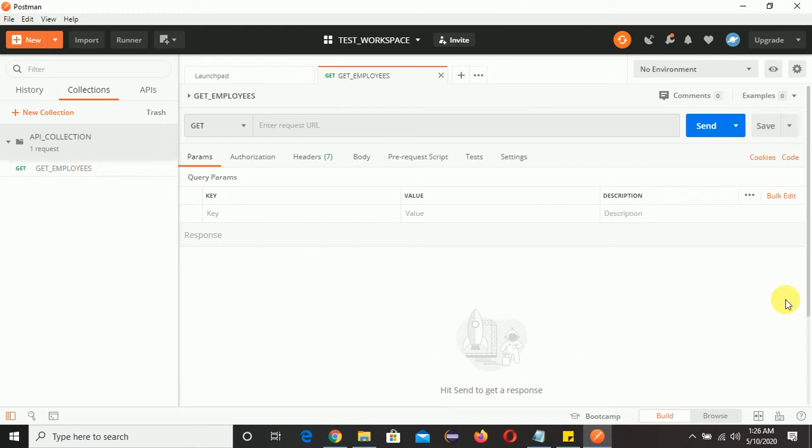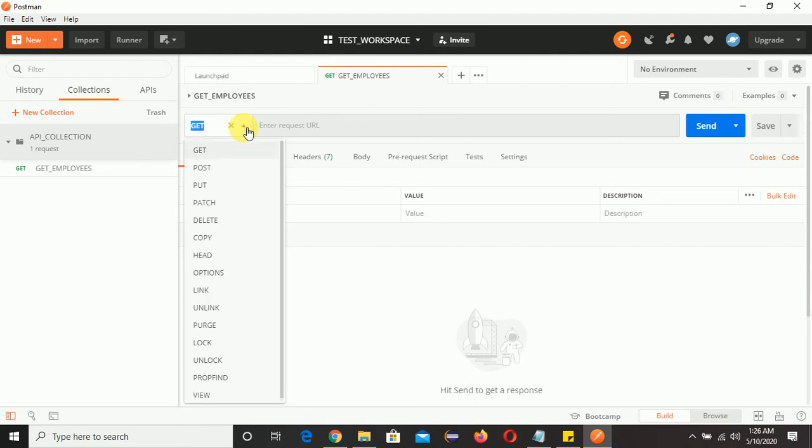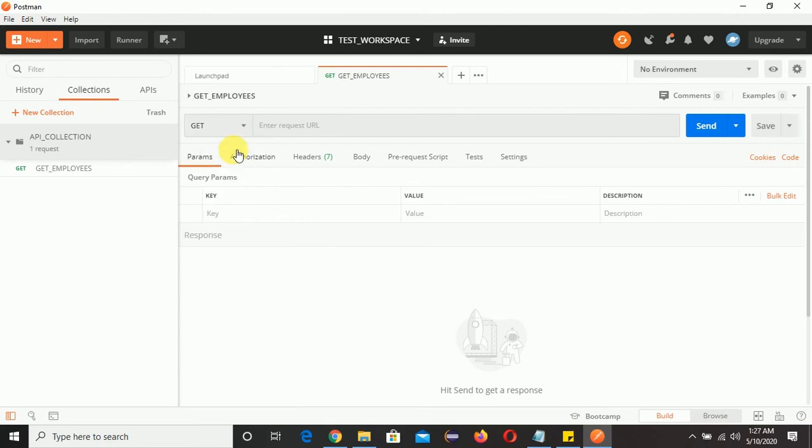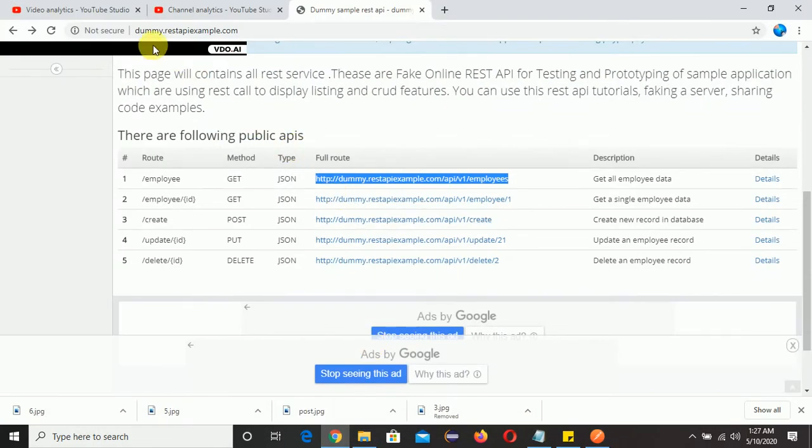Now coming to this part, we have a GET request here, right? If you click on this arrow, we can find many methods, but we need to use the GET method here. So we'll click on GET and we need to enter a URL. Before entering this URL, I will tell you one very good website, and the website name is dummy.restapiexample.com.